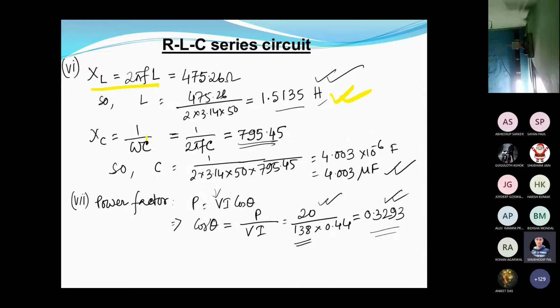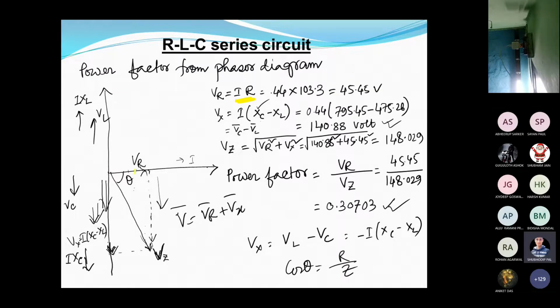And now the power factor, what will be the value? How to calculate this power factor? P is the wattmeter reading, and with VRMS and IRMS, whatever we have got, we put them in and get the power factor value. Similarly, here also we have to calculate the value of VR equal to IR. That is in the x-axis direction. There is no phase difference between VR and I, so that's why we draw it in this direction.